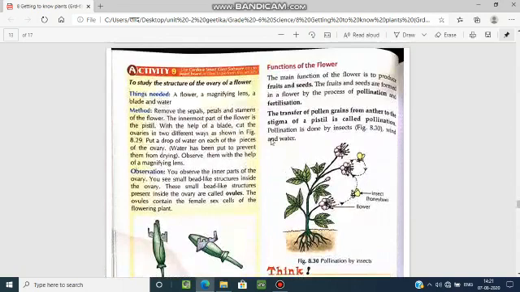The rest of this chapter we will explain in the next part. I will explain